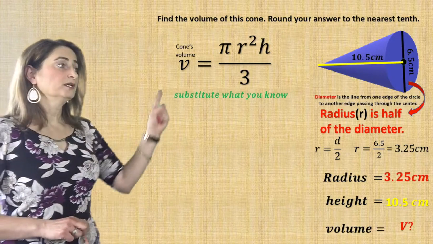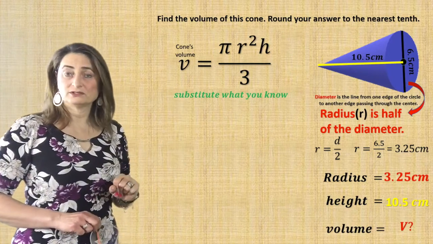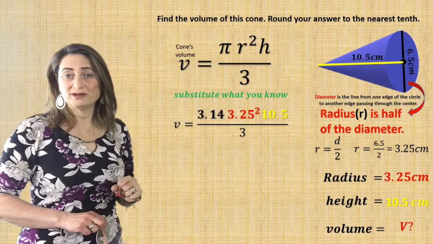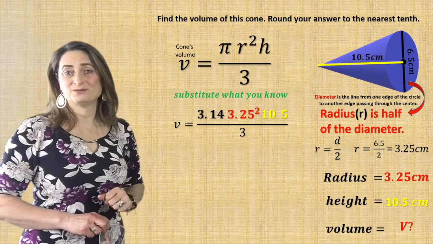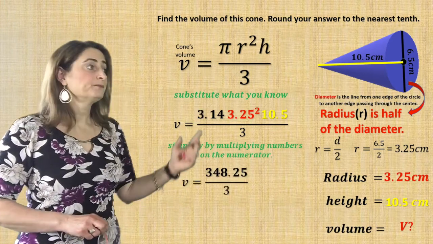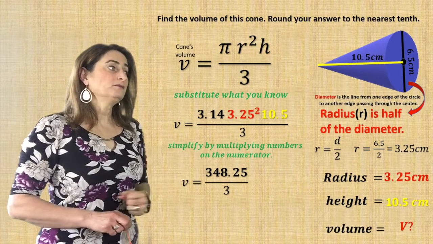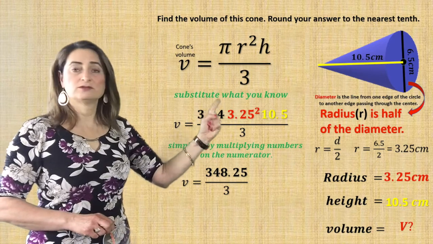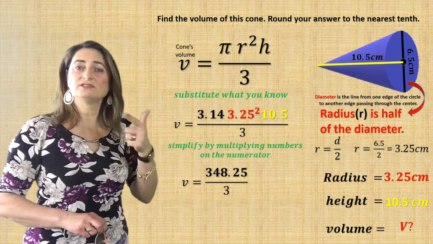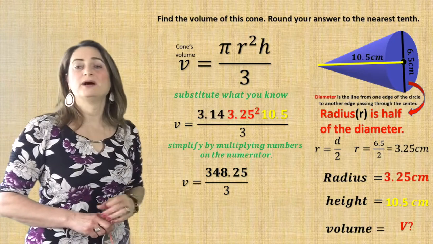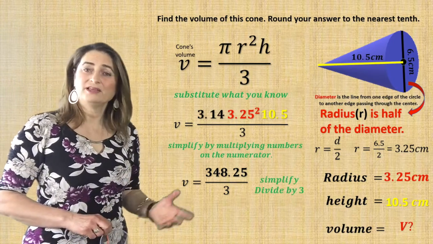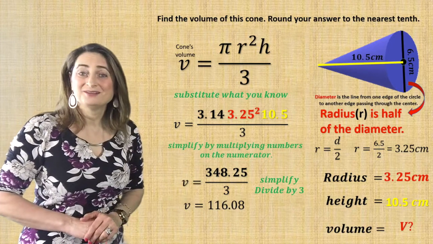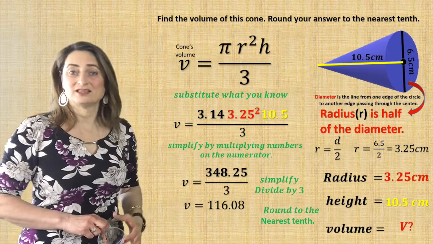Step number 1 is to substitute what we know in the equation. We know pi is 3.14. We know the radius 3.25, but I need to square it, and I know the height is 10.5. Now simplify by multiplying numbers on the numerator first. 3.14 times 3.25 squared means 3.25 times 3.25, and multiply it by 10.5. Now simplify again by dividing those two numbers. You get 116.08,